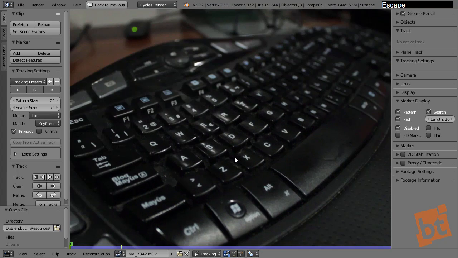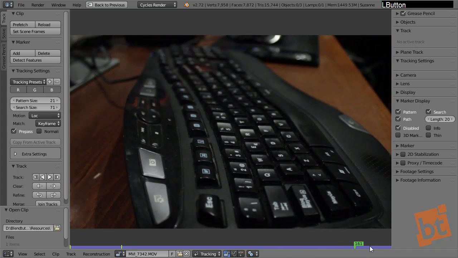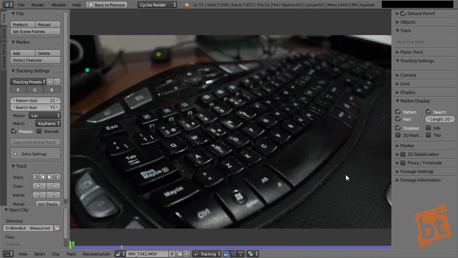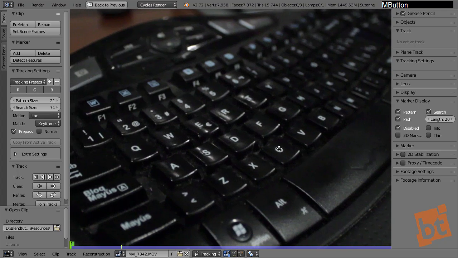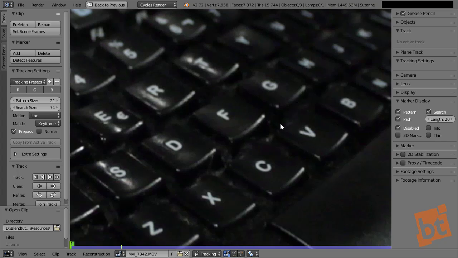Now, this scene could seem a little tricky because there are not a lot of patterns that we can follow. Everything is changing in perspective through the scene. There are no specific points, like a white point. Okay, you can of course appreciate the accumulation of dust between the keys of my keyboard, which